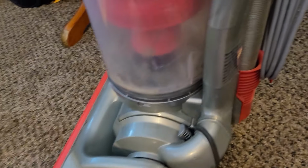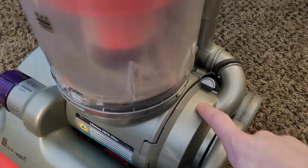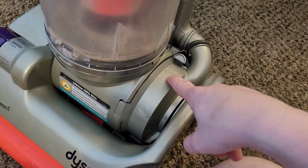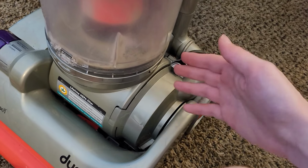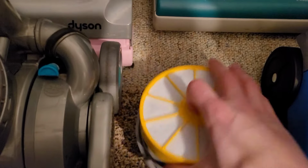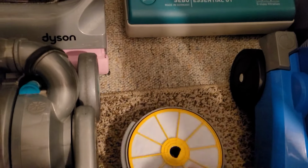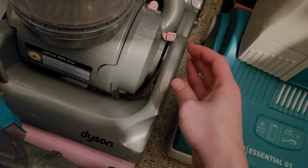DC14s also had a fun little quirk with them that you may have noticed. There's actually a separate filter duct. Now, on the Dyson DC07, this was where your filter was stored, and it also was that way on the Dyson DC33, as well as the DC27 and 28, even if those had a slightly different design. As we can see, the Dyson DC07 actually holds its filter down in this bottom filter casing, and that's where we have our pre-motor filter. Now, previously, prior to the Dyson DC07,